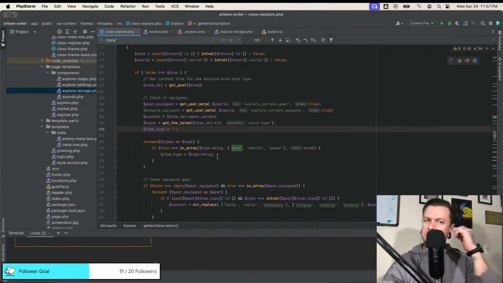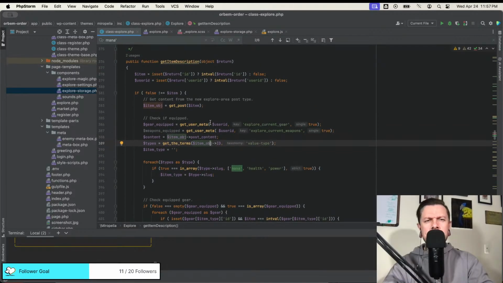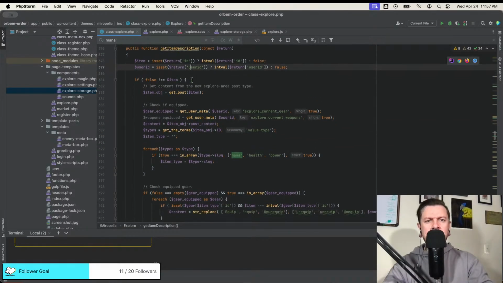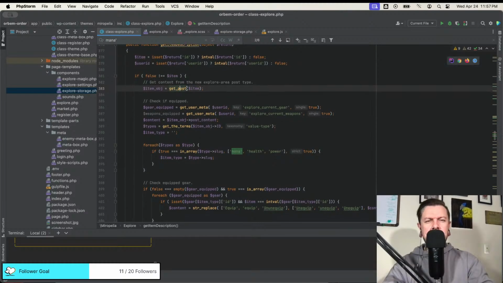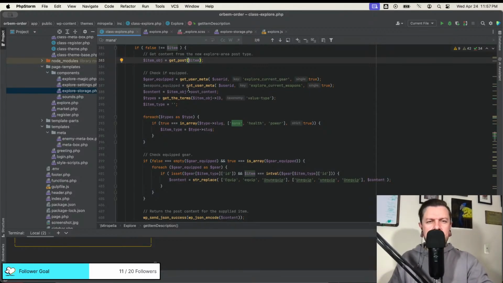Get item description. It's not erroring, it's working, but types. What am I doing? We got the item ID and the user ID. Item ID is getting the post info. And then I'm using the object, get the content, and the terms for value type. And then I got the default types type.